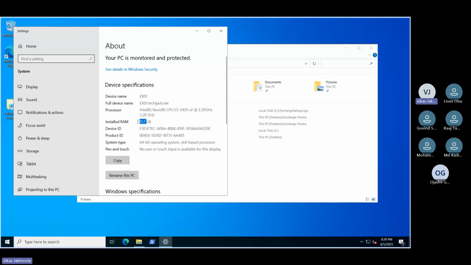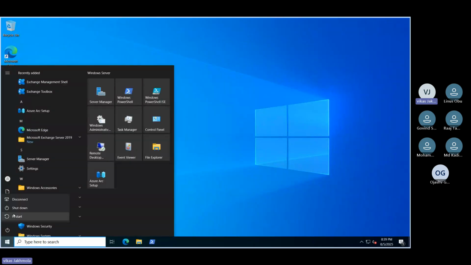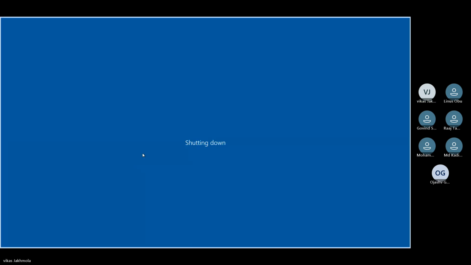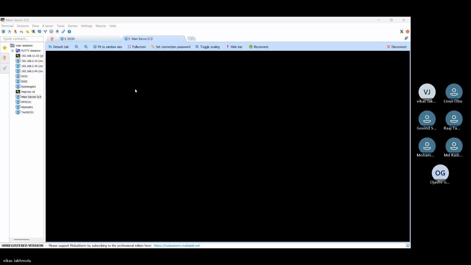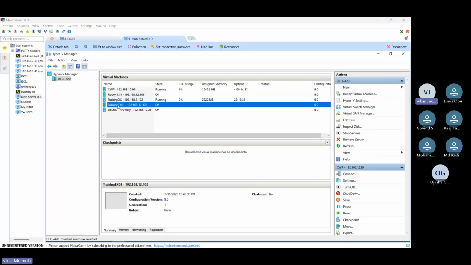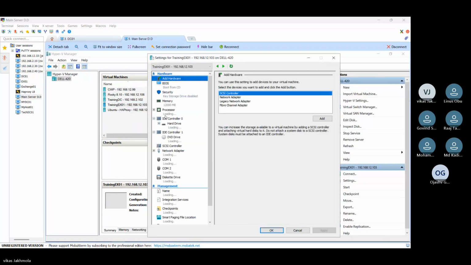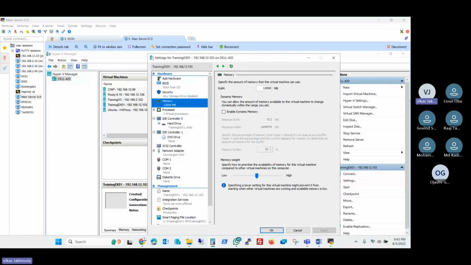Here we can see the RAM we are using is approximately 12 GB. Let me restart it once, no problem. Let me shut it down first and I will set the proper RAM to it. As of now, we are just running the one Exchange. We can increase the memory for that as well. If I go with the calculator,